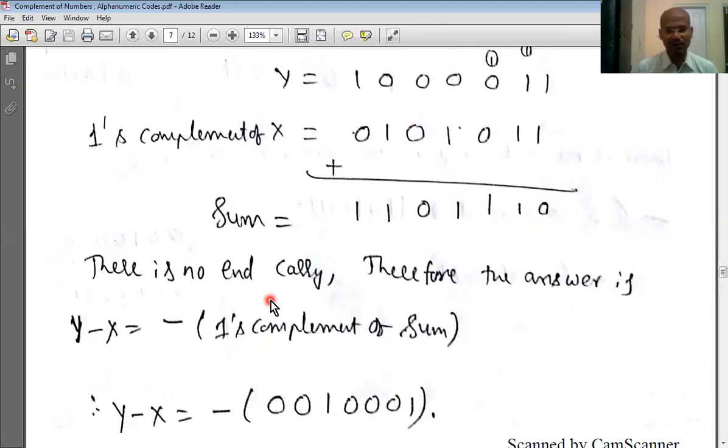The same approach can be used in all the systems, whether it is the binary system, decimal system, octal system, or hexadecimal system. The same approach can be used to find subtraction using complements. So later we will solve